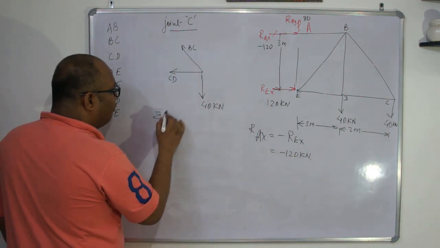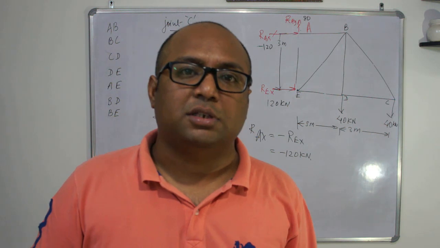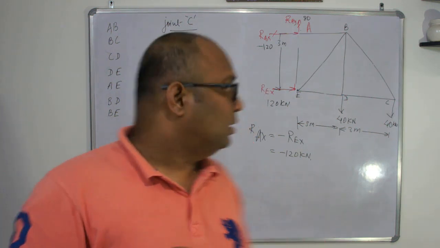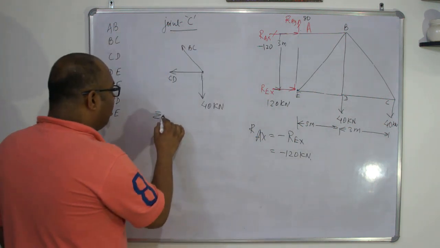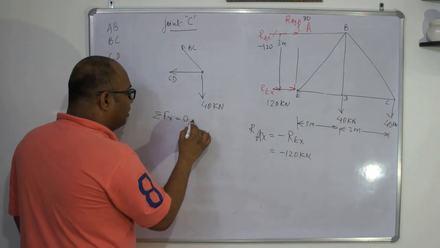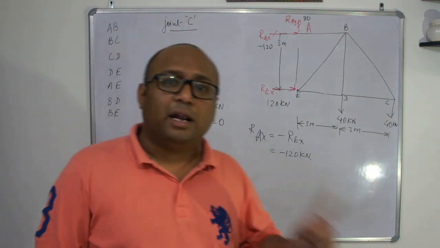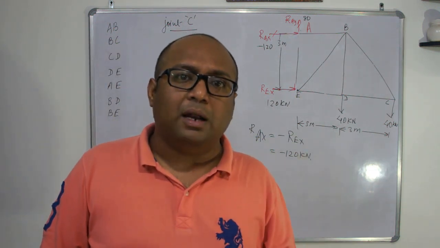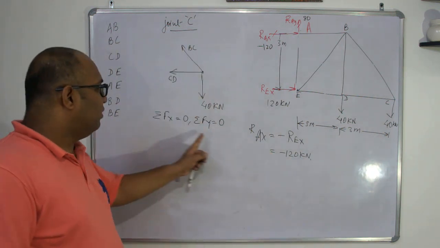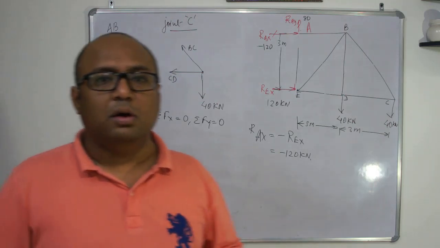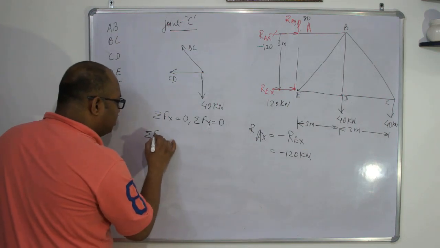Before I proceed further, what type of force system is this? This is a coplanar concurrent force system. With this condition, we have two equations of equilibrium, and they are sum of all forces along x equals to 0 and sum of all forces along y-axis equals to 0. Please understand what kind of force system this is. This is a coplanar concurrent force system, and for a coplanar concurrent force system, the condition of equilibrium is summation Fx and Fy equals to 0, assuming this board is x and y. Okay? So let us go for summation Fy equals to 0 first.